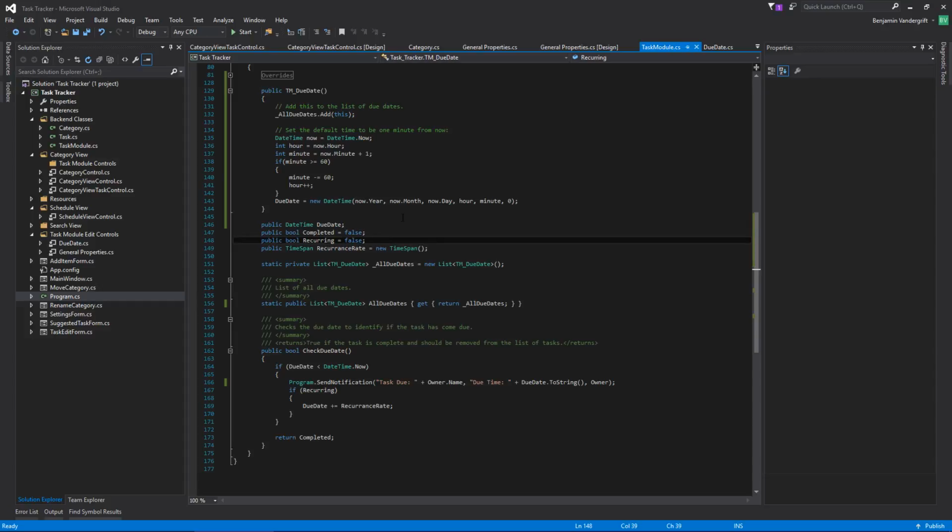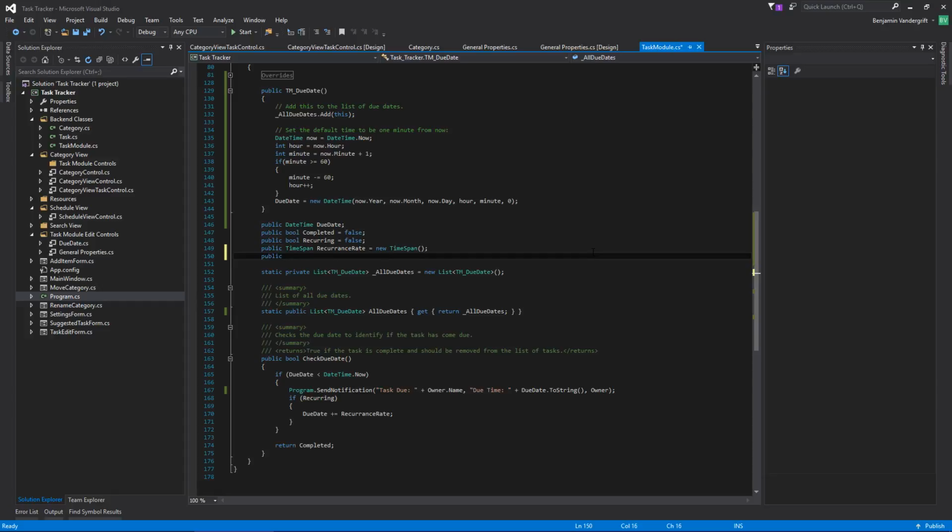I want to add something to it, a list of time spans. This is going to be, I don't know, alerts. These are going to be periods of time that, right here, it needs to basically